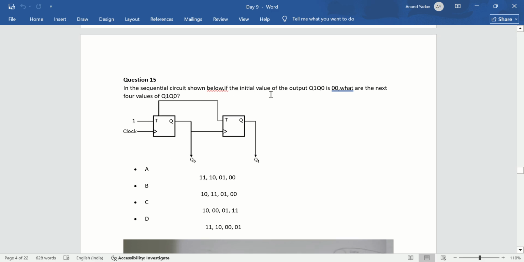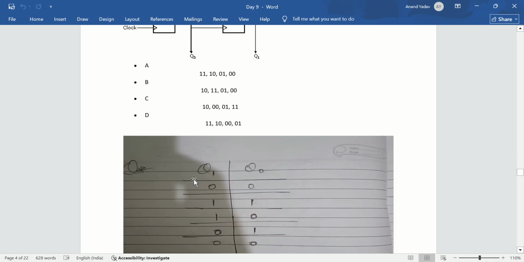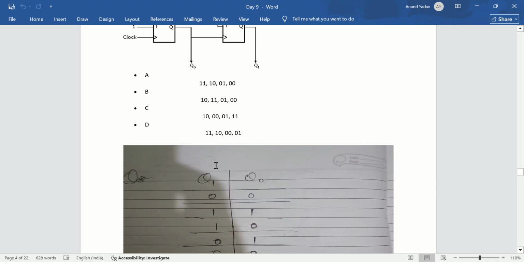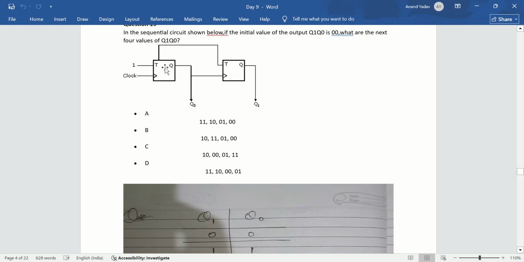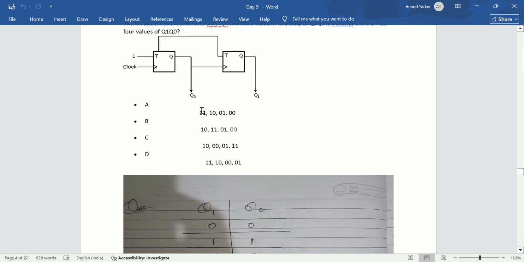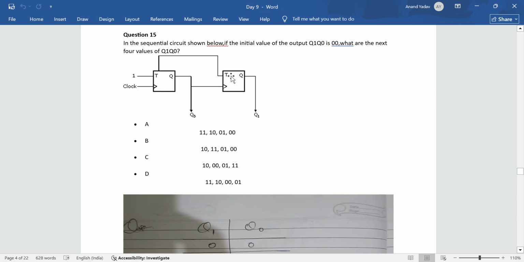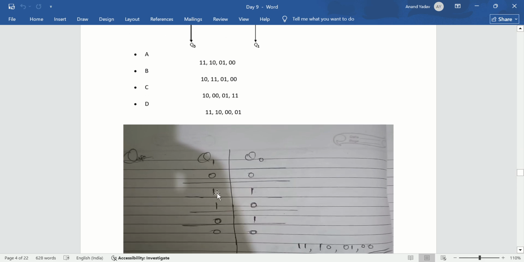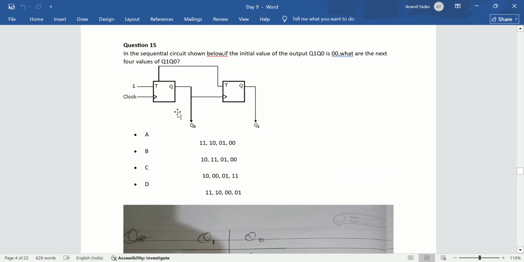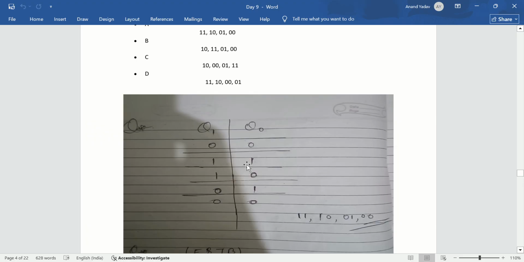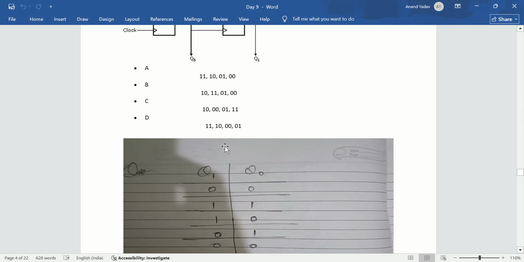Now next one is question 15. In the sequential circuit shown below, if the initial value of output Q1, Q0 is 0, 0, what are the next four values? For this one, I will start with 0, 0 as initial, and then it will give clocks and 1 bit for toggle. So it will change the Q0 value, so it will toggle to 0 1, and this one also goes for toggle, and there is also one, so it will also change the Q1 value, so it will change Q1, 1 1, and then next clock it will again toggle Q0 to 1 0,